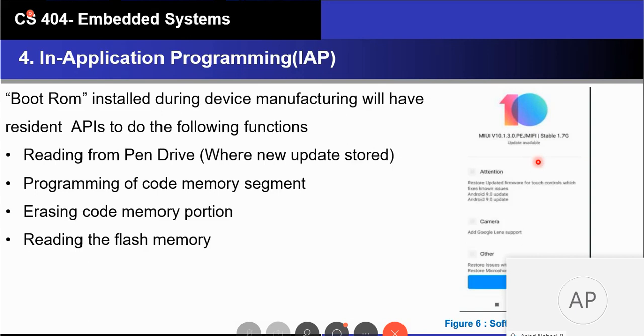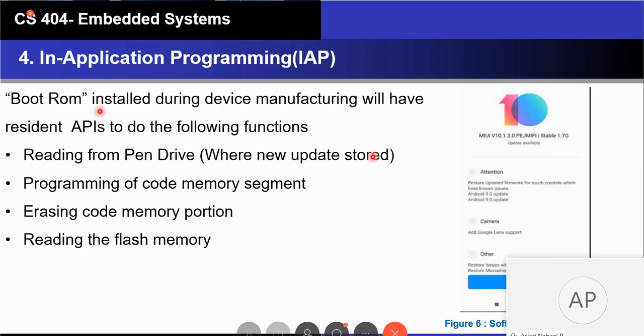Once installed, the boot ROM will not change later. In the in-application programming method, if you give a new firmware for updating, the boot ROM is responsible for loading the new firmware and replacing the existing firmware.